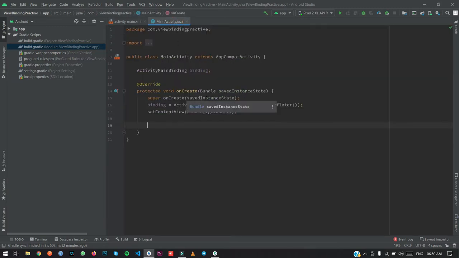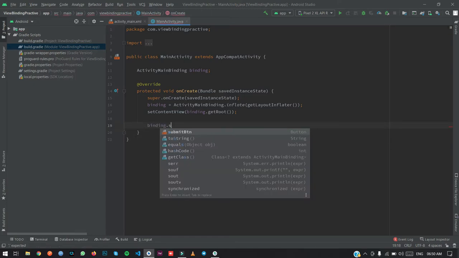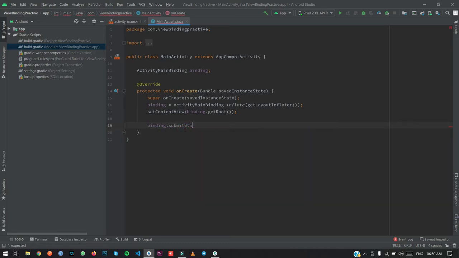Now as we have to perform an action, we have to type binding dot. As you can see, our button ID is here, so we can use setOnClickListener, new OnClickListener. Using this we can perform an action on the button.